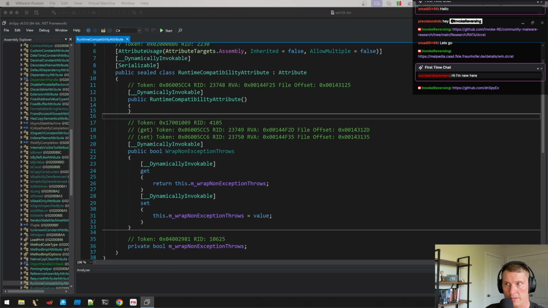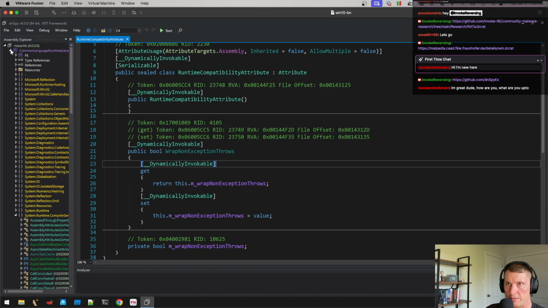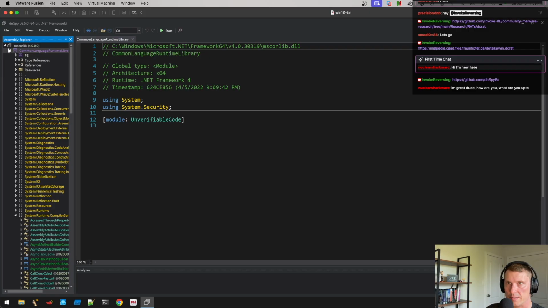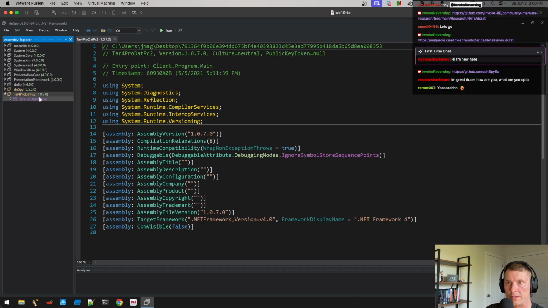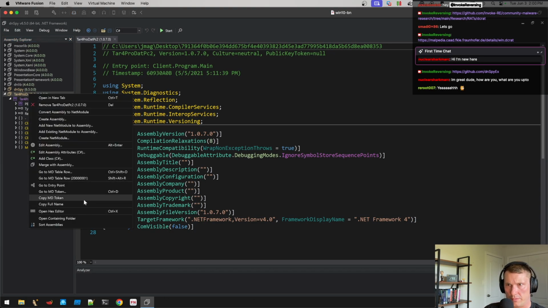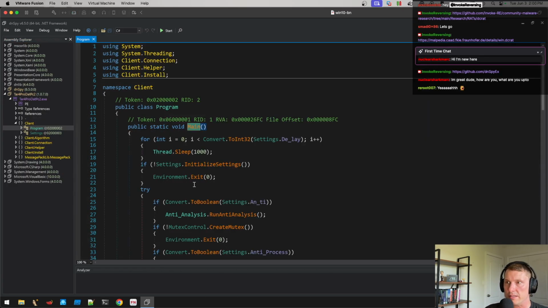If we hop into the assembly here, how dnSpy works is basically it's made to look like an IDE. So that's what I have open here. And then I've opened the sample here, which has sample metadata. In this instance, this .NET assembly is called tar4pro.pc2. So it's whatever the malware author had implemented for this here. And then if we right click on this assembly, we can do go to entry point. So you can click on go to entry point, and then this will take you to the entry point of